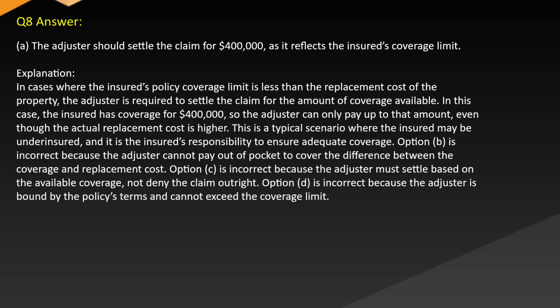coverage. Option B is incorrect because the adjuster cannot pay out of pocket to cover the difference between the coverage and replacement cost. Option C is incorrect because the adjuster must settle based on the available coverage, not deny the claim outright. Option D is incorrect because the adjuster is bound by the policy's terms and cannot exceed the coverage